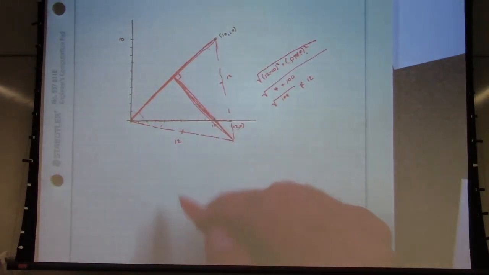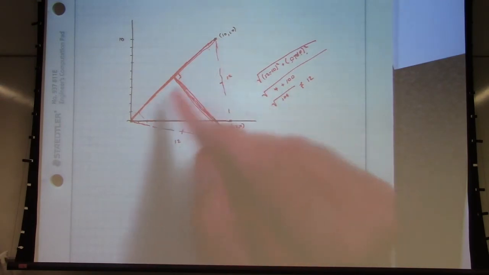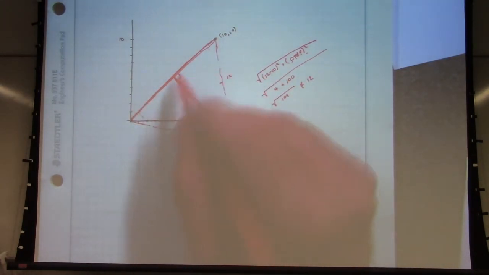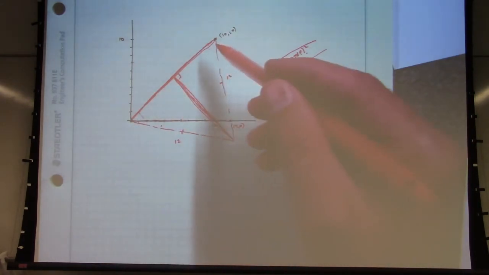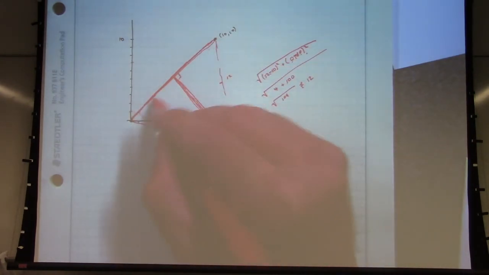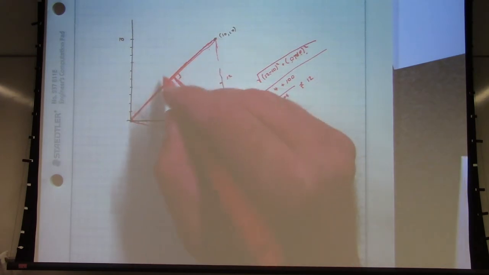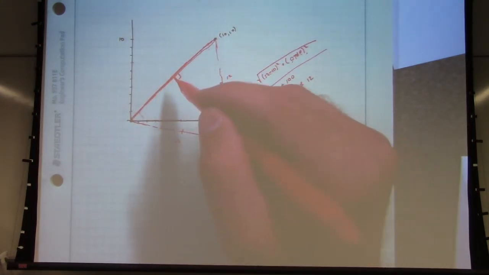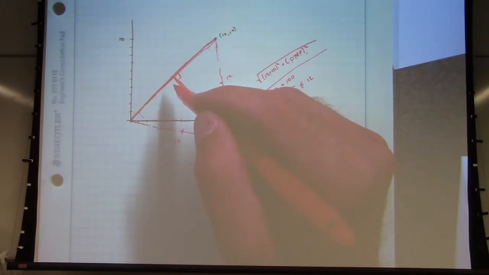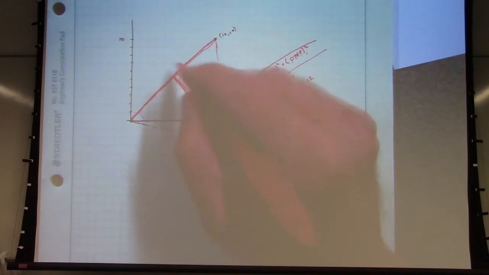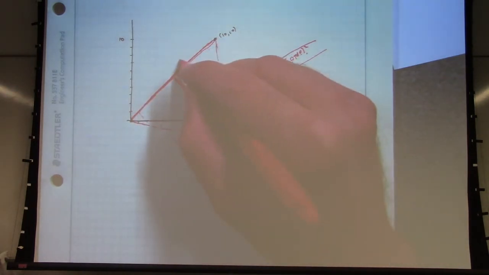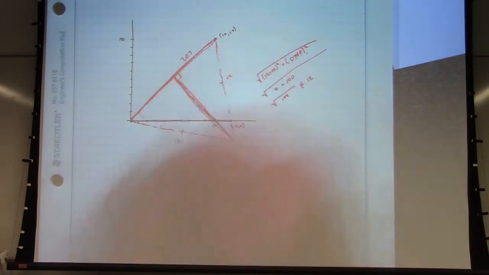Okay, so in this case, if we go through, we can say that this is a position (10, 10), so I know just from my 45-45-90 theorem that the length of this position vector is going to be 10 times square root of 2, which is 14.14 units long. Since this altitude is going to bisect that position vector, we can say that this segment is going to have a length of,